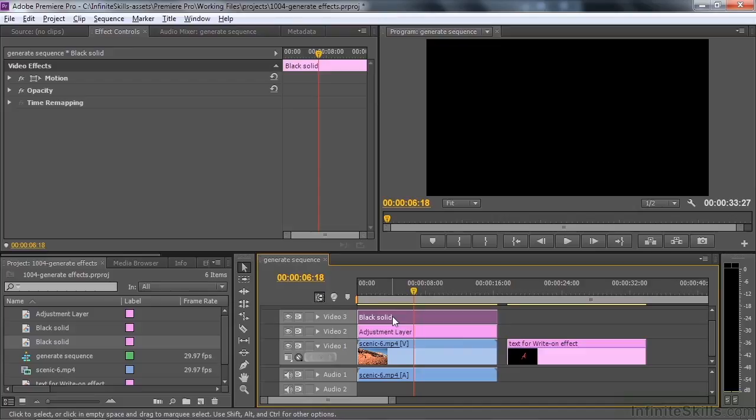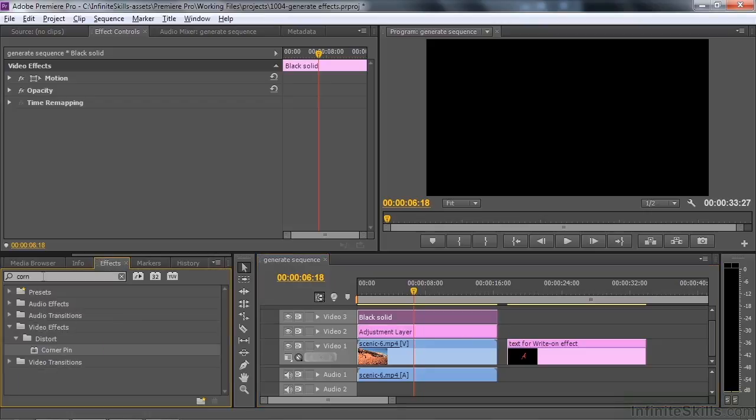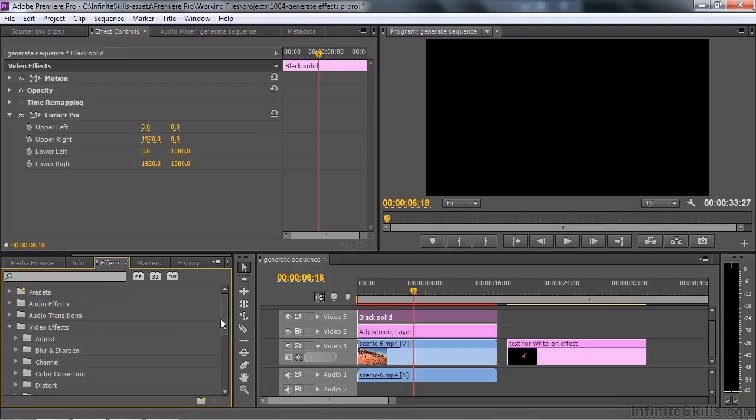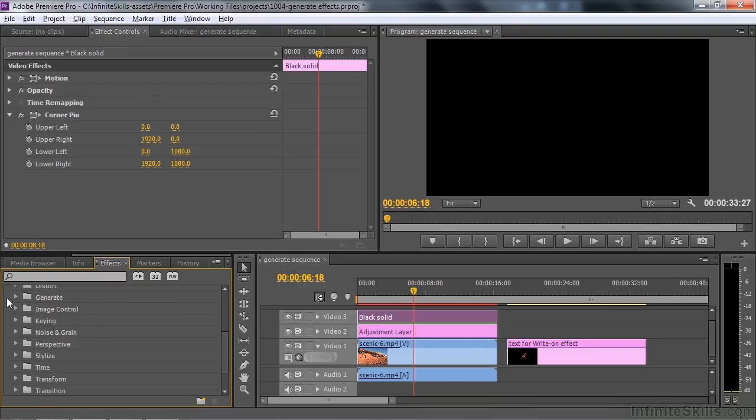This is kind of a higher level trick that I'm going to explain when I work with the lens flare effect, but I'm just going to throw it at you right now so you can see how it works. I'm going to apply the grid to that one, so I'll go back to the effects, like so. We'll apply corner pin to it now to get that over with. Then I'm going to apply the grid to it, so I'll go back to the generate effects. There we are. And here's grid down there, and I'm going to apply that to it as well,